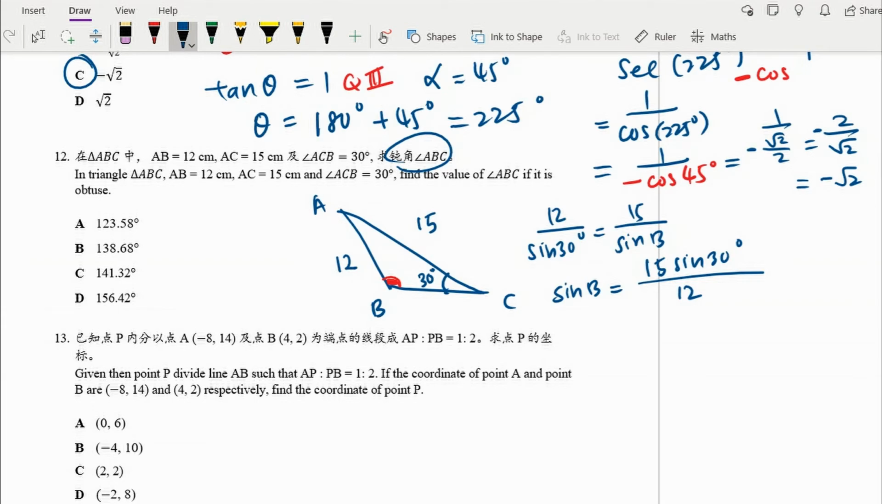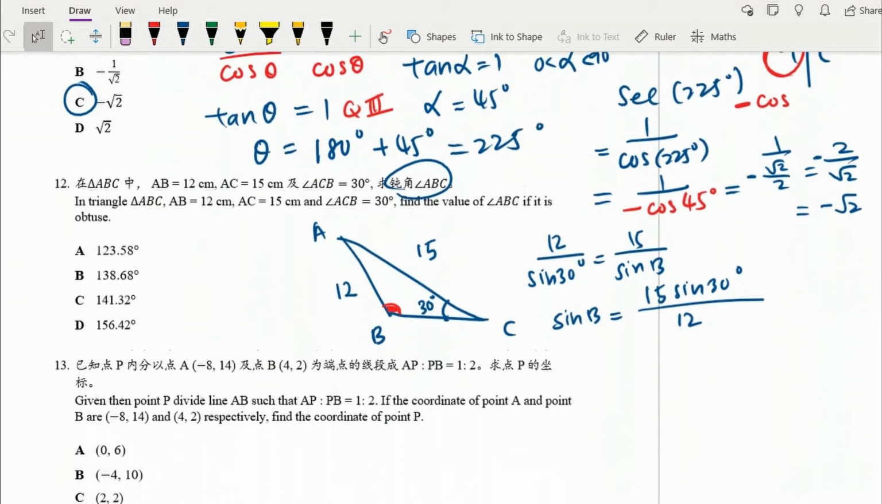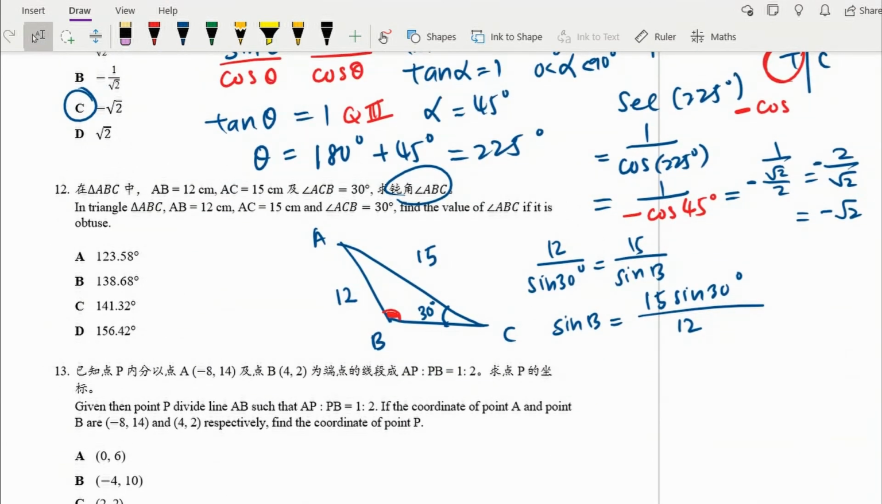Sine 30 is 1 over 2. So it's 15 over 2 over 12. Sine B equals 15 over 2 over 12, which means times 1 over 12. So it's 15 over 24. And you simplify, divide by 3, you get 5 over 8. Okay. Then B,